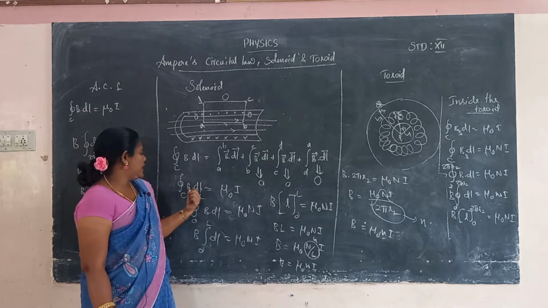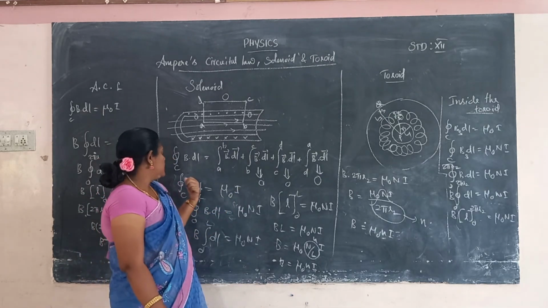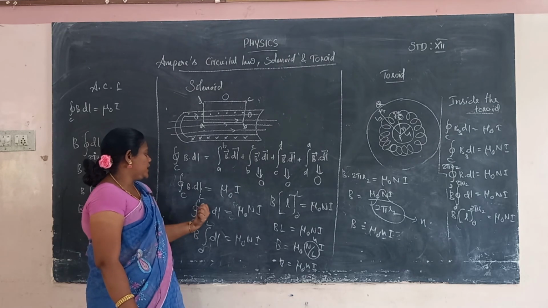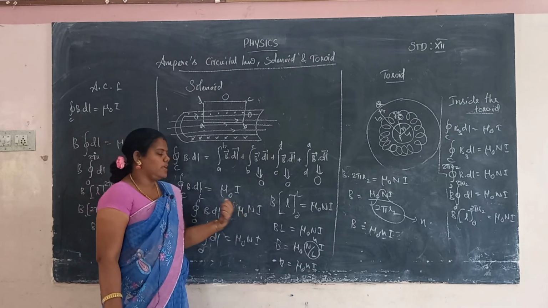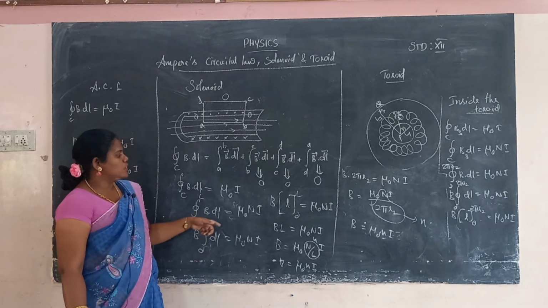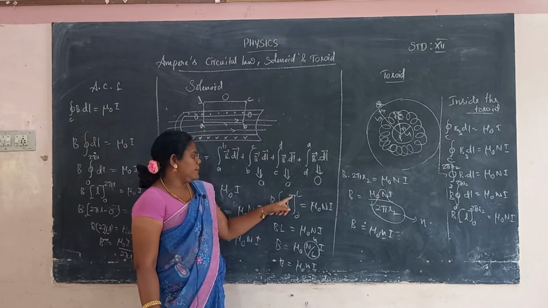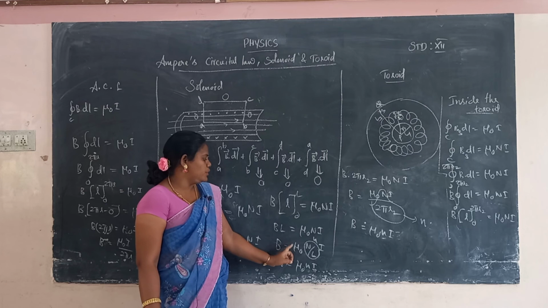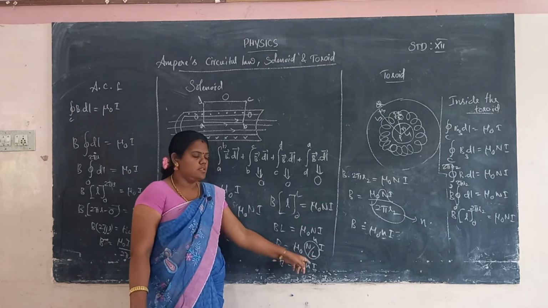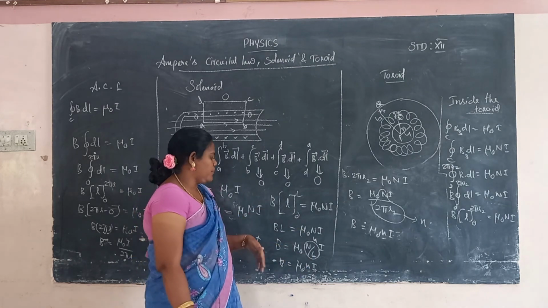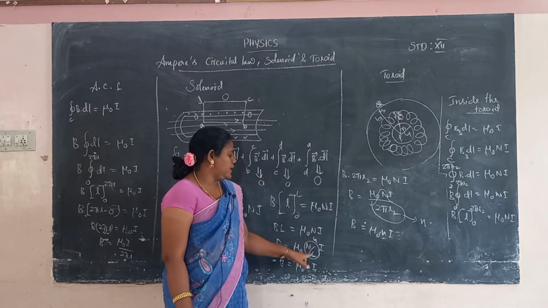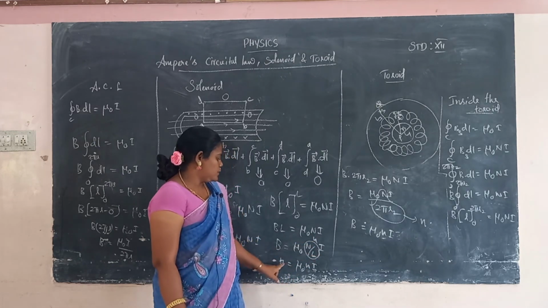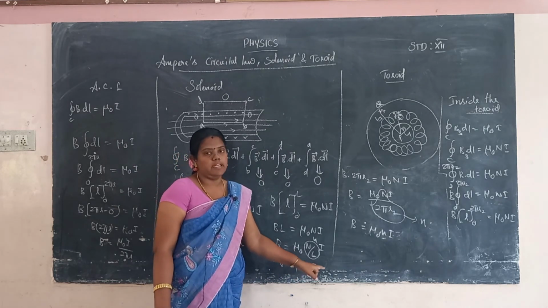So, parallel to the magnetic field, according to Ampere's circuital law, the closed integral of B dl is equal to mu naught I. So, the closed integral of 0 to L of B dl is equal to mu naught I. We are applying the upper limit L. So, B into L is equal to mu naught into N I. B is equal to mu naught, and N goes to the right hand side in the denominator part. So, mu naught into N by L into I. So, N by L we consider as n. So, B is equal to mu naught into n into I.